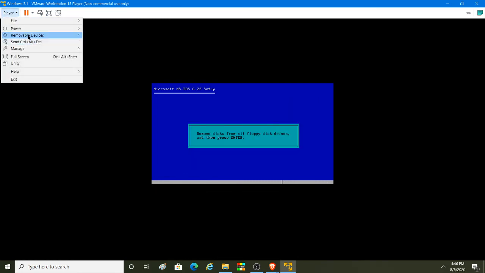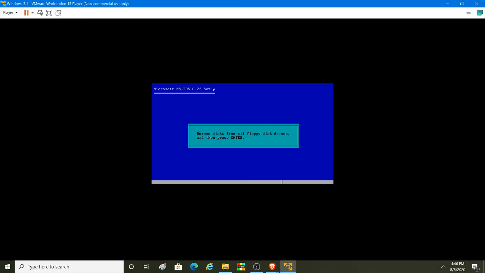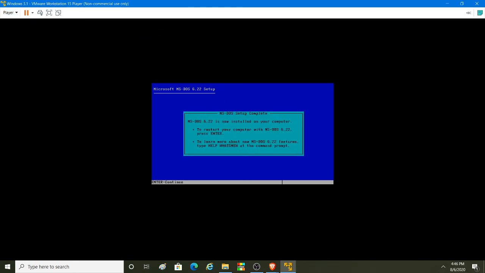Then remove the floppy diskettes and or floppy images. Then hit Enter. Then hit Enter again. So it says starting MS-DOS, testing extended memory. Then once you're in the command prompt, insert